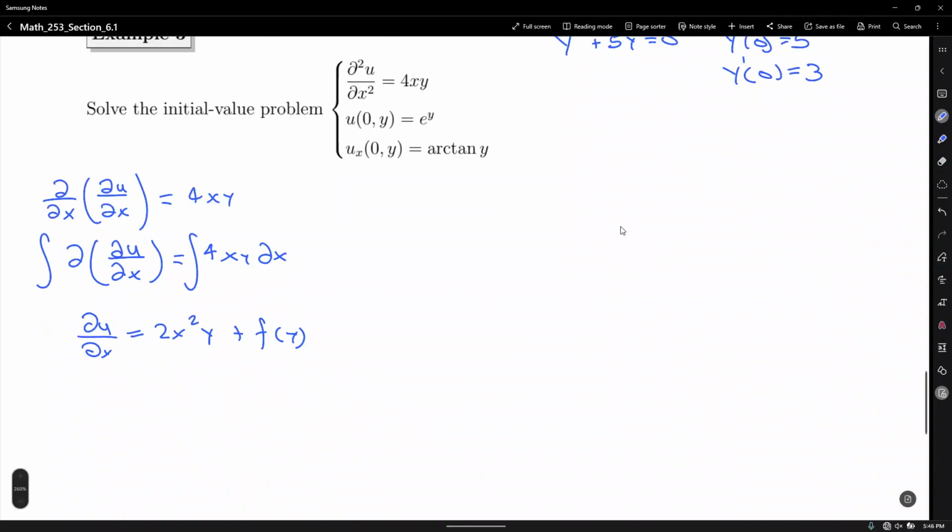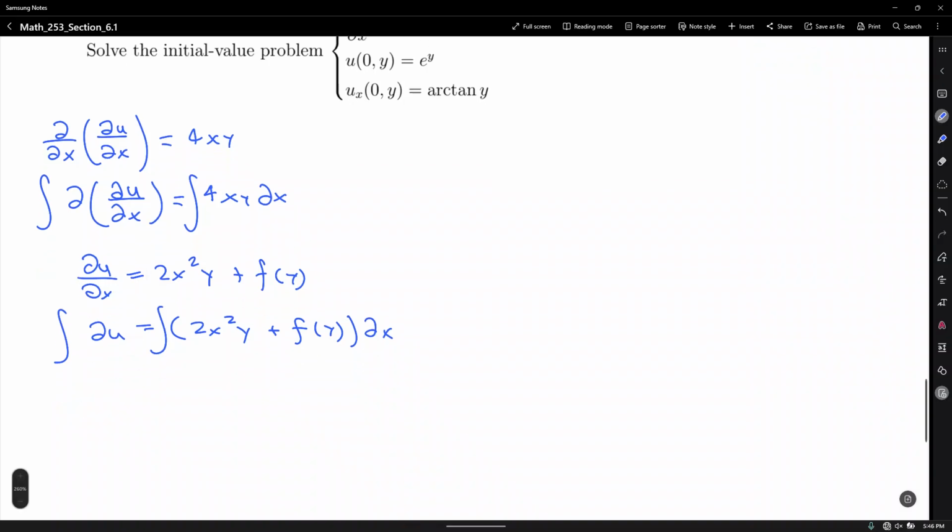Now let me separate the variables again. Let me solve for du equals 2x squared y plus f of y, but this time with respect to x. Integrate both sides. The integral and the differential symbol cancel out, and that gives us already the function u,